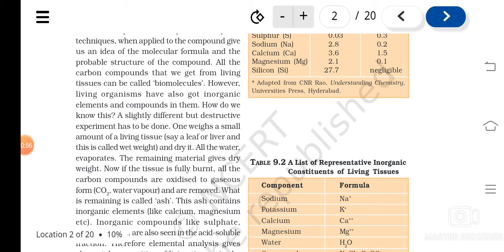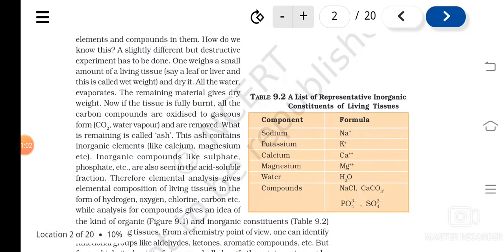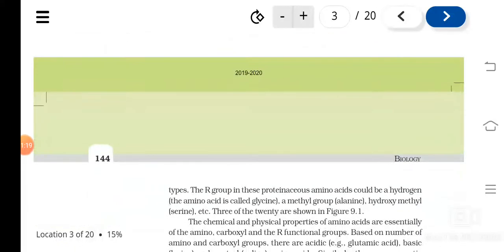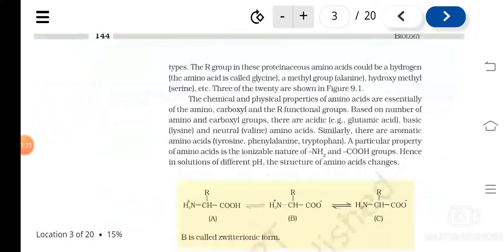In addition to this, we have inorganic compounds also. We have discussed all this, isn't it? Minerals are there, isn't it? That can be obtained by what? By burning the living tissues, isn't it? So inorganic elements like calcium, magnesium, etc. are also there. And we have studied that during chemical analysis, we get different kinds of molecules,